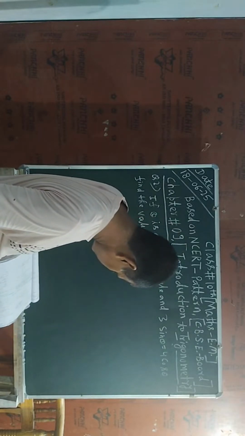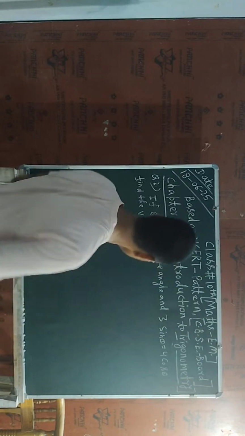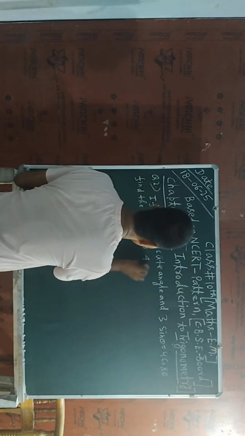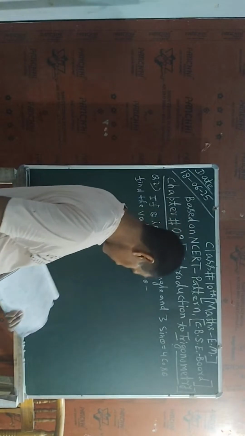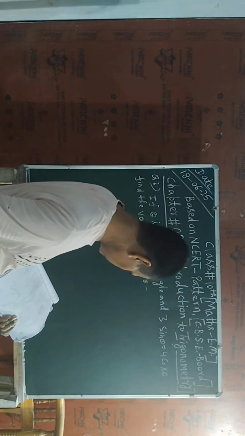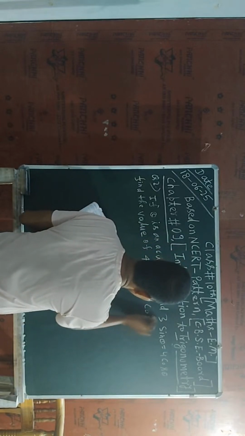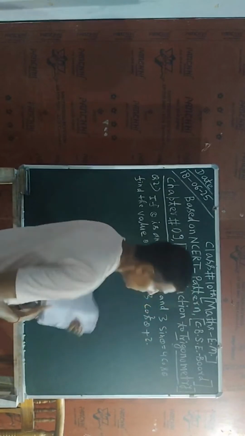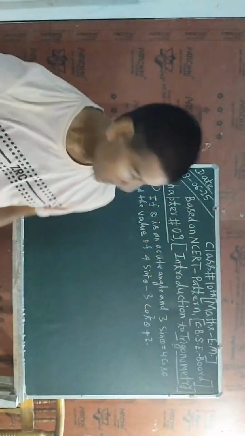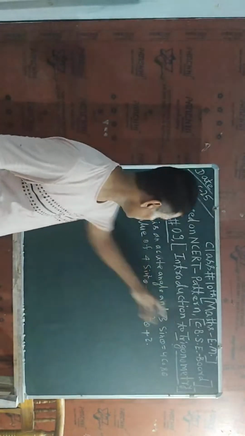Find the value of 4 sin square theta minus 3 cos square theta plus 2. So this is the question, and with the help of this information we have to find